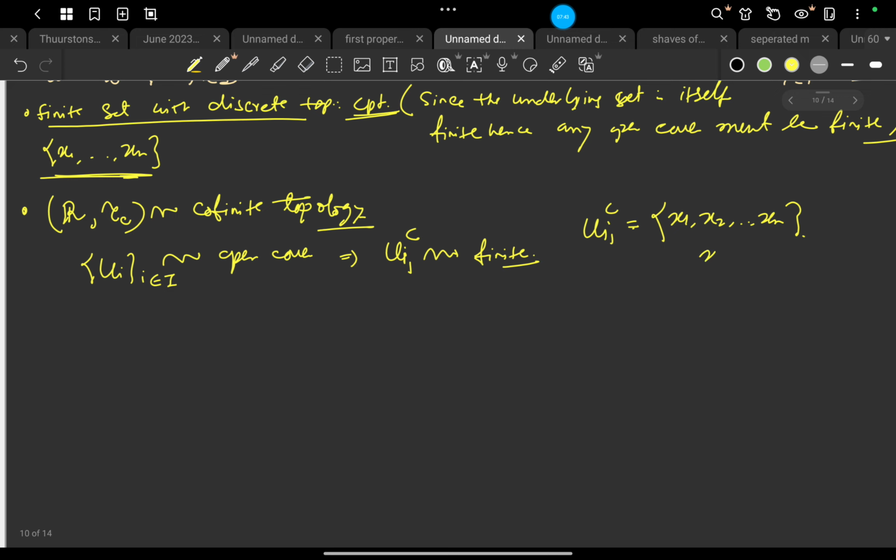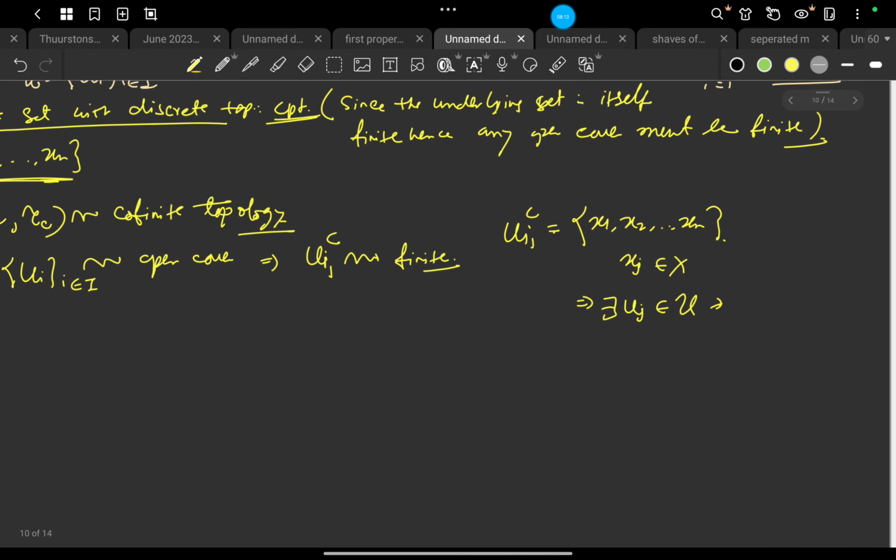Now each xj belongs to X. So that means for each xj there exists some U_j belonging to U such that xj belongs to U_j.